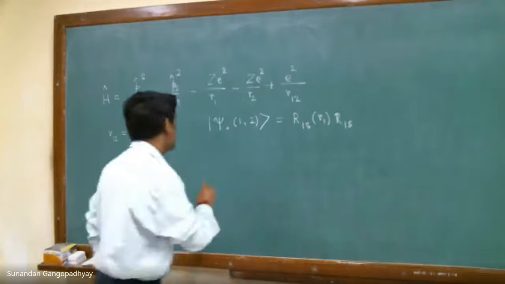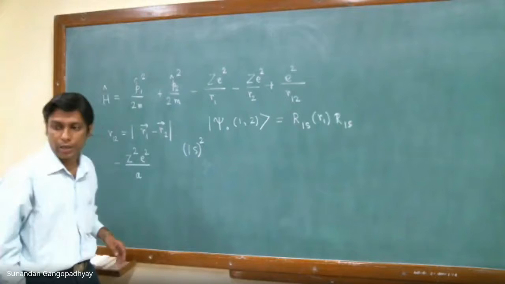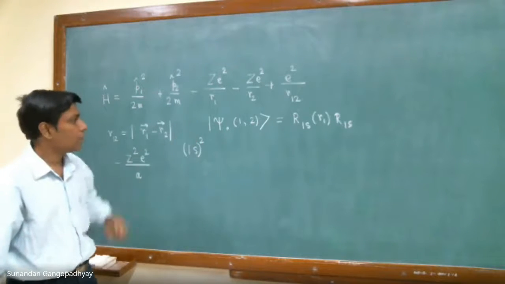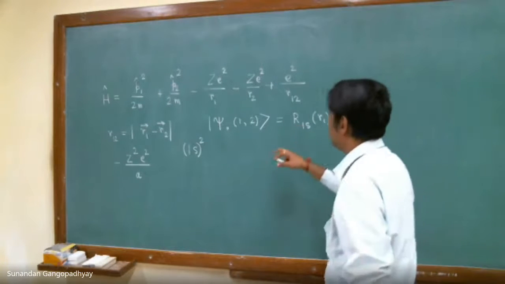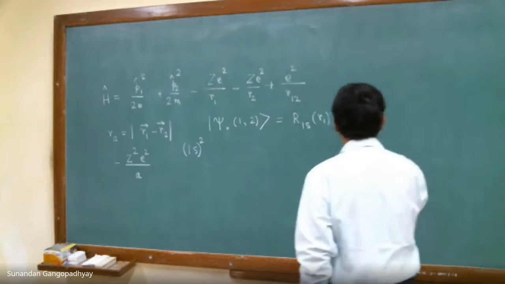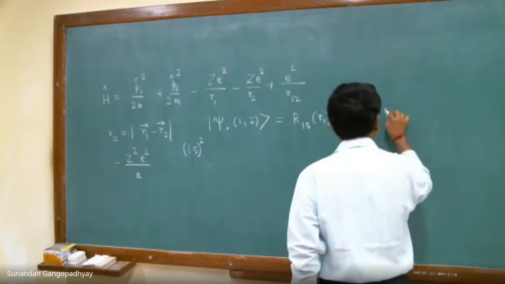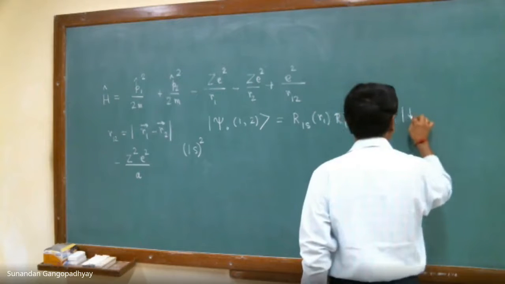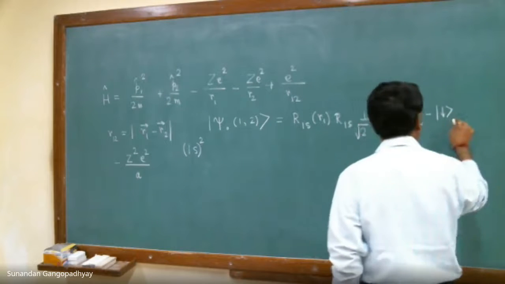since it is the ground state, therefore we know that the ground state electronic configuration is 1s2, right? This s stands for l is equal to 0. This is the ground state of the orbital angular momentum quantum number. So the ground state eigenstate would be the following. It will be half, up 1, down 2 minus down 1